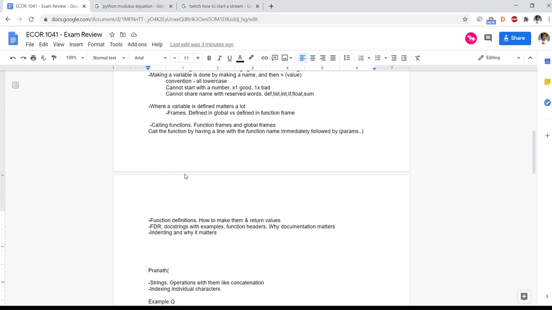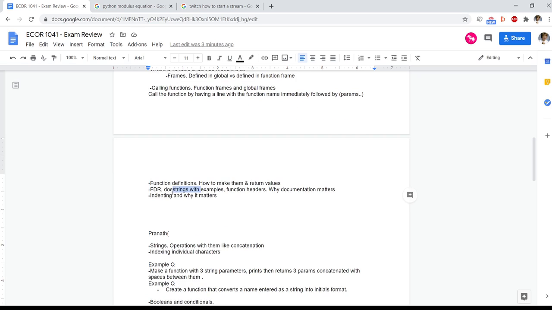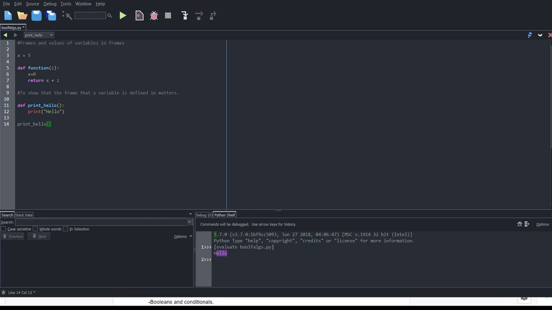Okay, but let's keep it moving and let's get into the function design recipe. Function design recipe, this is going to be quite important. I imagine that since you have been tested so much on this in your labs, it is very likely that you will see similar stuff about the function design recipe on your final exam. Okay, so let's pop back to my wing screen and keep it moving down here. And I'll make a new comment section saying function design recipe.